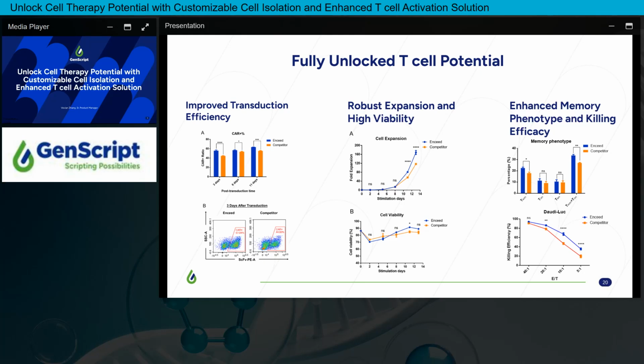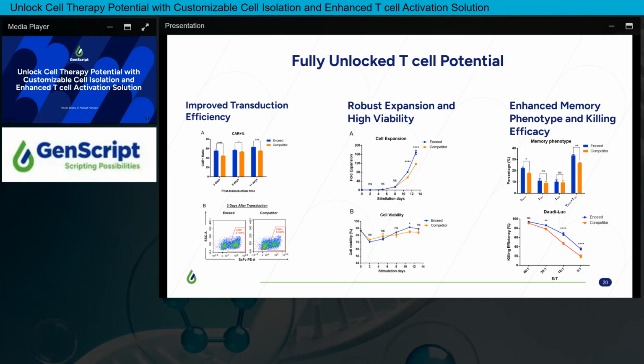As you can see, the transduction efficiency indicated by the CAR-positive expression is higher in T cells activated by Enceed than another method, and this was seen at various time points on day 3, day 6, as well as day 11. Besides, higher fold expansion was also observed in T cells activated by Enceed than another method, especially starting from day